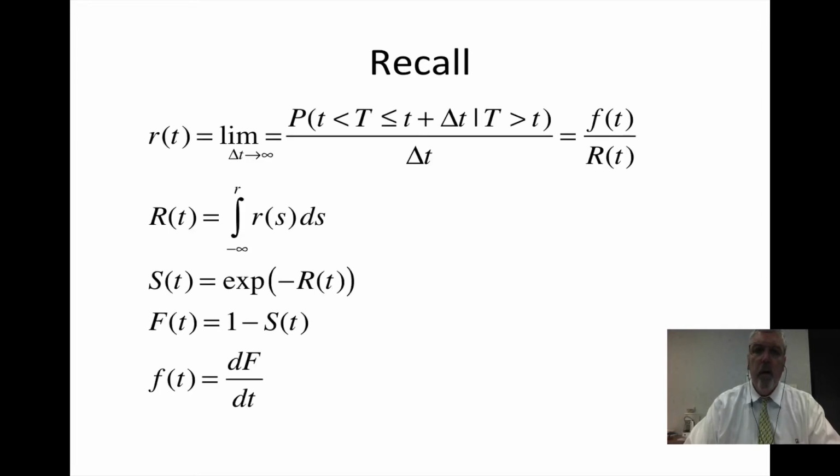useful. So from week 2, we talked about the fact that the failure rate was a limit, which you see on the screen, and that the integral of the failure rate, which is the second line, is called the cumulative hazard function, or the cumulative failure rate. And the important part was the third line, which is that the reliability is equal to e to the minus the accumulated hazard, or e to the minus capital R of t. So if we can take the failure rate and integrate it, we can calculate the reliability, and that's the point